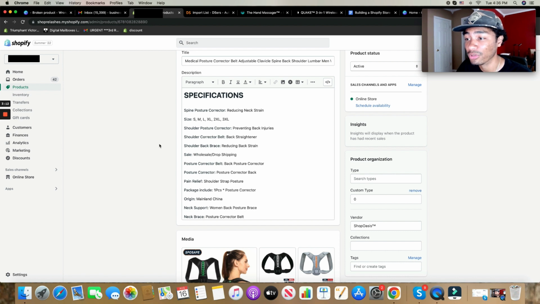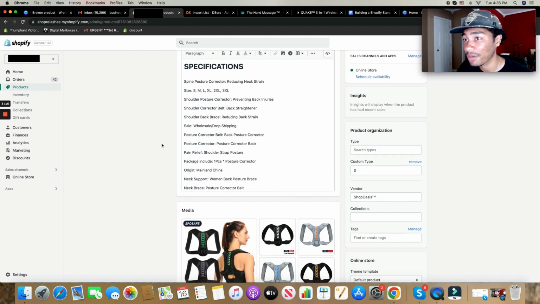Now, once we've imported this to our store, the next question that comes up is, well, how can we create a logo and how can we create a brand name for this product, or maybe for a general store, right? So obviously, if we're trying to sell only just this product, we want our store name to be only around it. So we want our store name to be product specific. So if we were going to build a one product branded store,